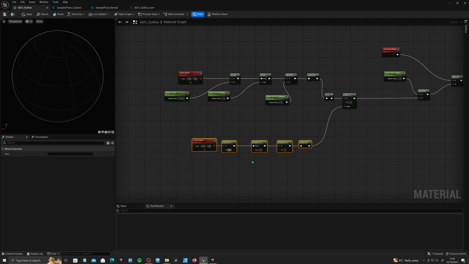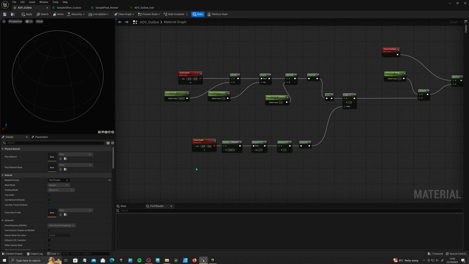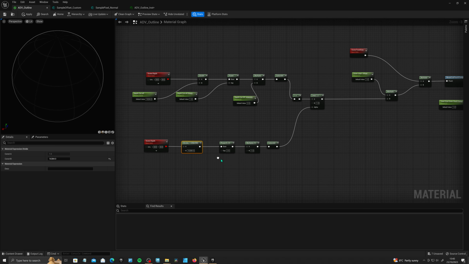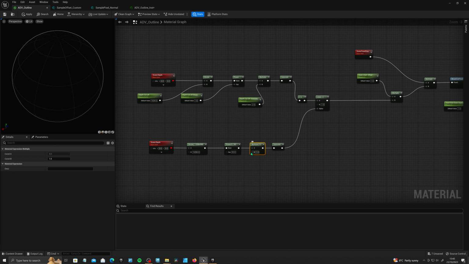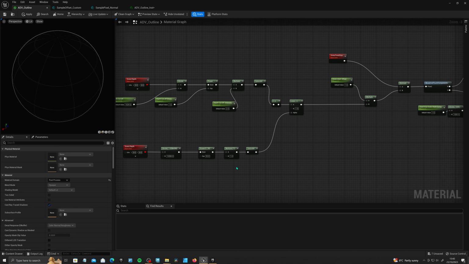And these values down here, we want to set this one to our very big number from before. So if we do 1024 and times this by 16, like this, and the power we want to put to 20, and we want to leave the multiply at 1 for now. But again, you can put a custom parameter in here as well. If we apply this and save,